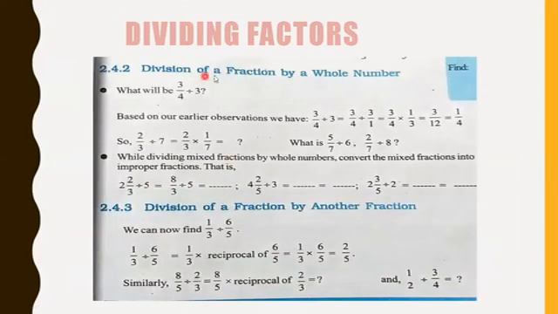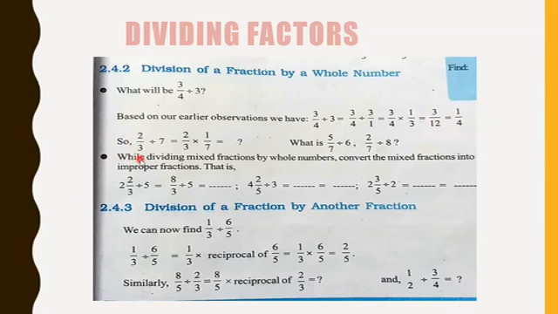Next, division of fractions. Again you see one more example here. What will be 3 by 4 divided by 3? If you divide a fraction by a whole number, what will you get? Here 3 means 3 by 1, since nothing is there you should assume it as 3 by 1. So 3 by 4 into the reciprocal of 3 by 1, which is 1 by 3. First we multiply numerators, then denominators: 3 ones are 3, 4 threes are 12. This again we reduce to the lowest term: 3 ones are 3, 3 fours are 12. So you will get 1 by 4.